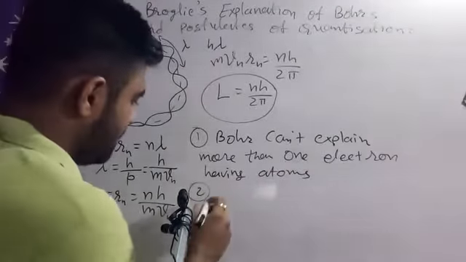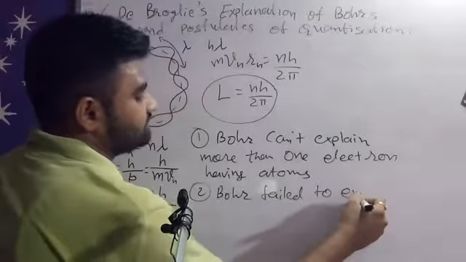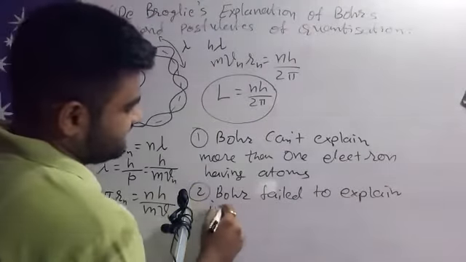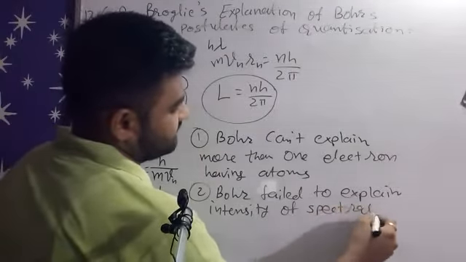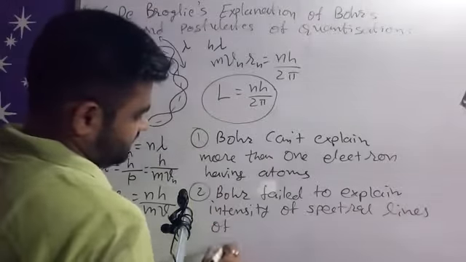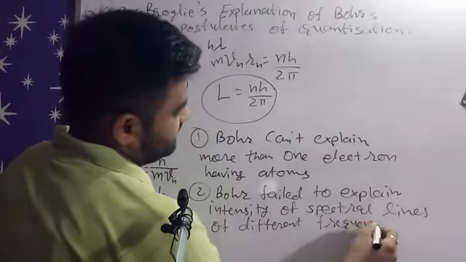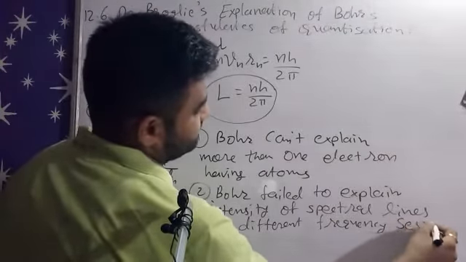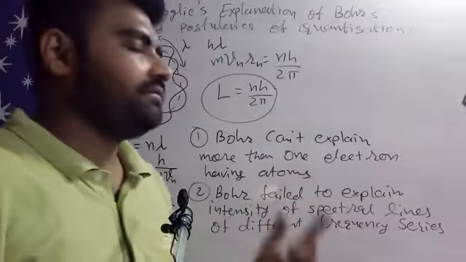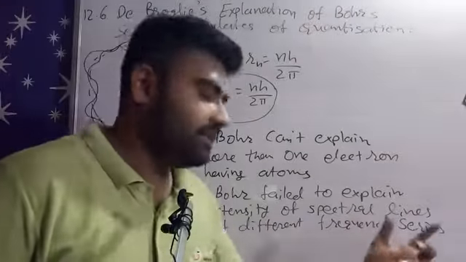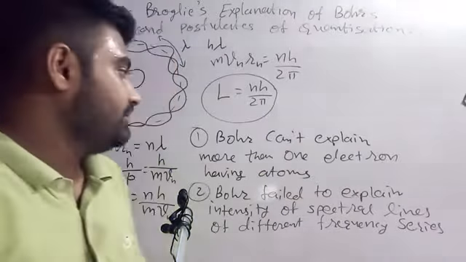Second, Bohr failed to explain the intensity of spectral lines of different frequency series. Bohr can't explain the intensity of spectral lines which come from different frequency series like Balmer, Paschen, Brackett, Pfund. So these are the drawbacks of